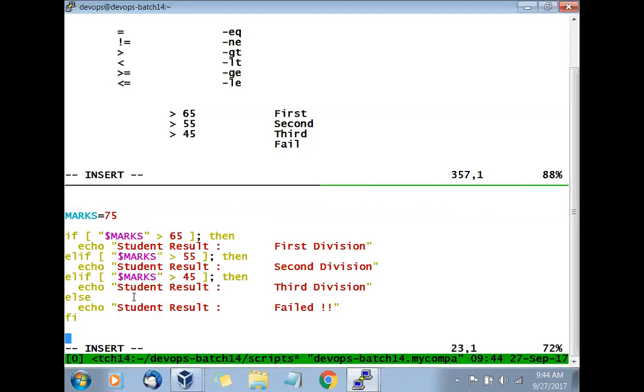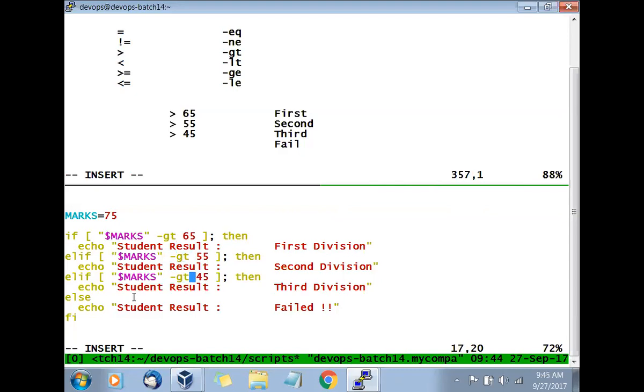Hyphen GT, where is the GT? Correct. So I'm just trying to see what is your observation. When we are going with this greater than, is it going to work? It will not work. Why? Because in shell scripting, what we have to write? Hyphen GT. How can you write the greater than? We'll say hyphen GT. Here also a greater than. Here also greater than. That's why I said don't write it first.